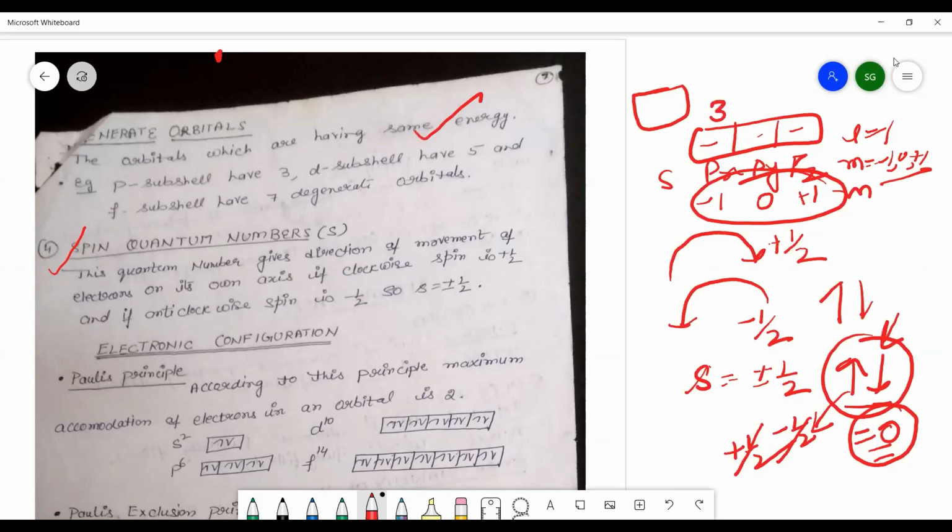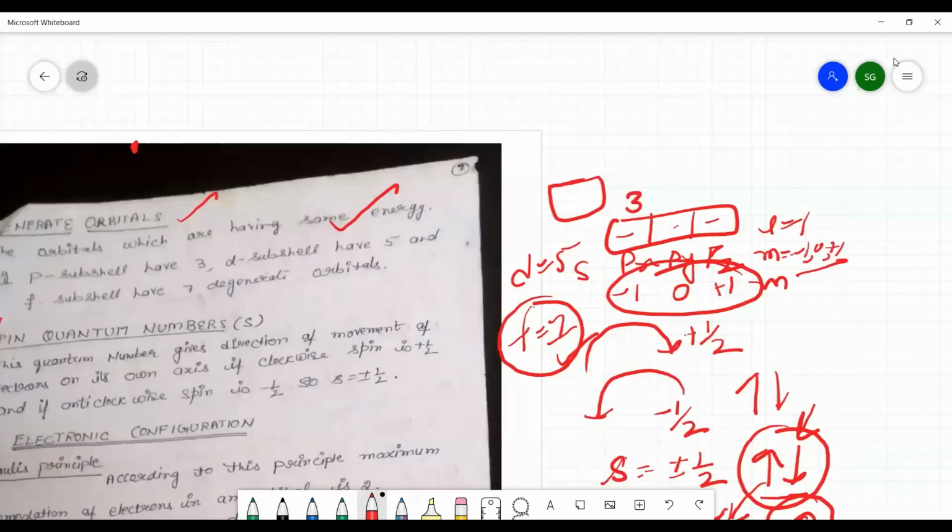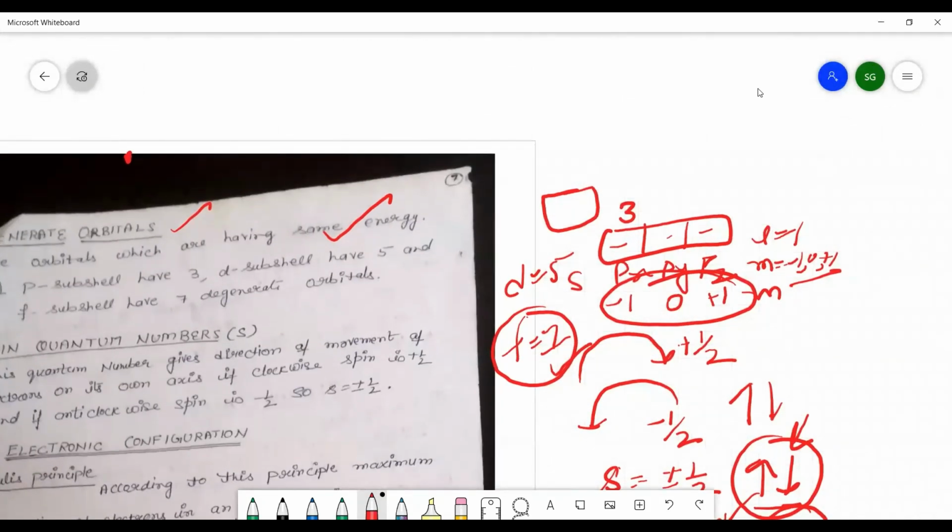जैसे इसमें 3 है, d ऑर्बिटल में आपके 5 थे, f ऑर्बिटल में आपके 7 थे, तो इन ऑर्बिटल्स को हम बोलते हैं डीजेनरेट ऑर्बिटल्स. तो this question can be asked also कि how many degenerate orbitals are there in f subshell. So you will write 7 degenerate orbitals are there, and the degenerate orbitals are the orbitals which are having the same energy. So up to this we have done the quantum numbers, and in the next lecture we will discuss the electronic configuration. So till then you have to do your work and do NCERT questions.